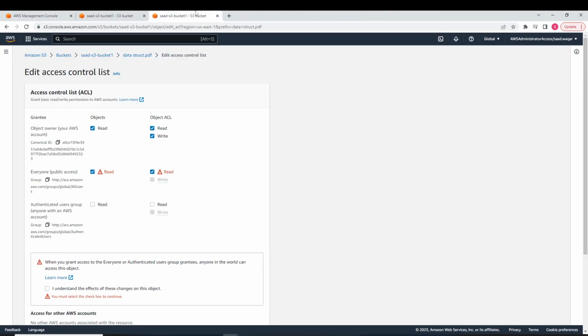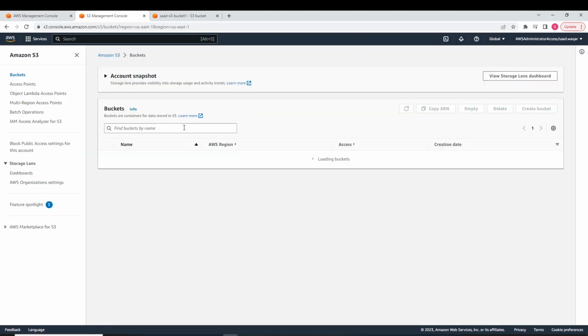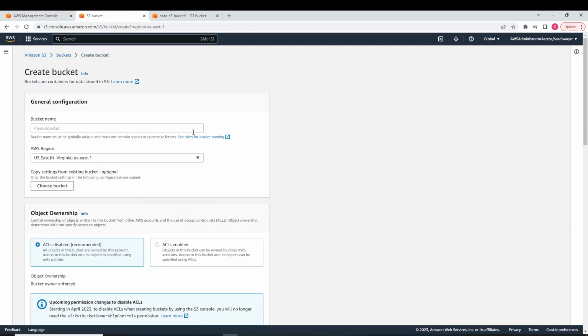Okay, so now let's come towards the bucket policies. So in order to demonstrate this, I would need to create a new bucket. So let's create a bucket. I shall call this bucket